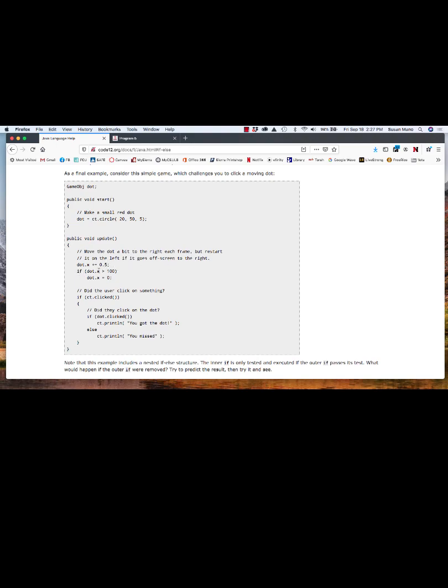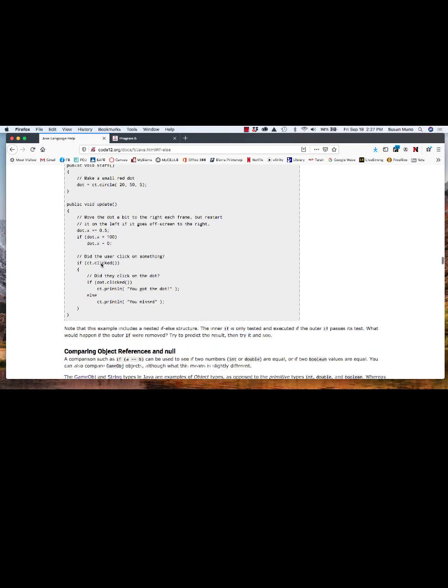So if dot of x is greater than 100, that means it's gone off the screen, so we're going to set it back to 0. Once it gets off the screen, it's going to come back to 0. So it's going to continue to do that through the whole program, as long as the program is running. Then you can see if